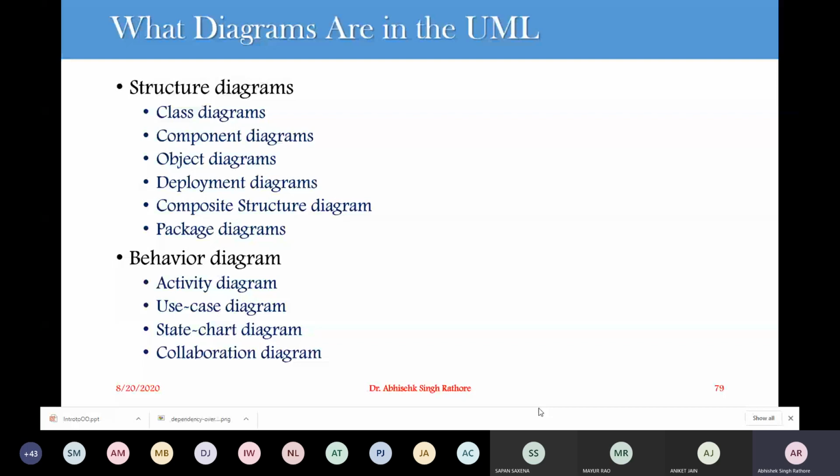This collaboration diagram just emphasizes how objects collaborate and interact with each other. Now then we will go for,